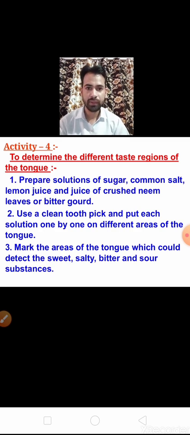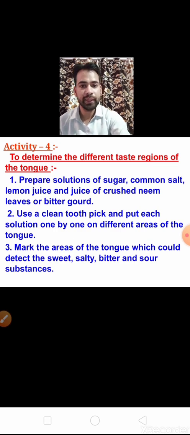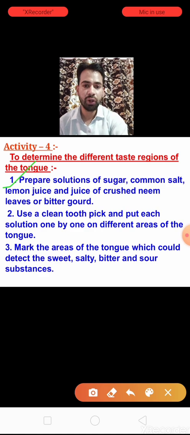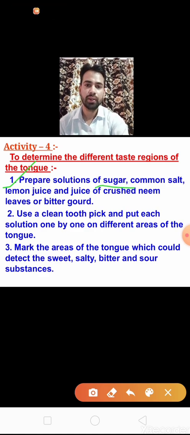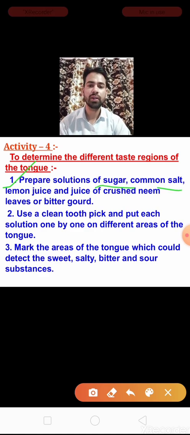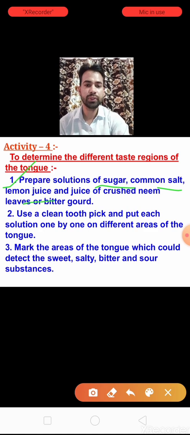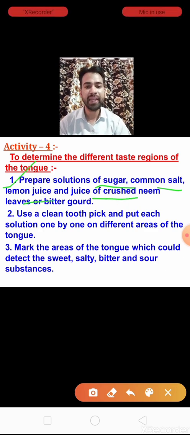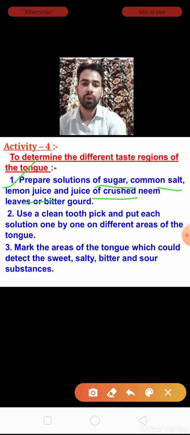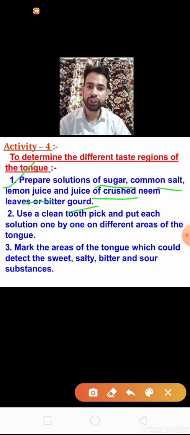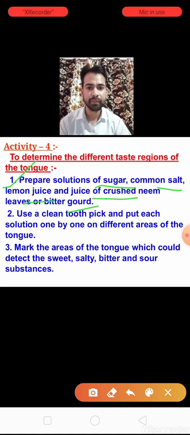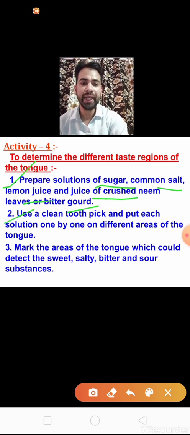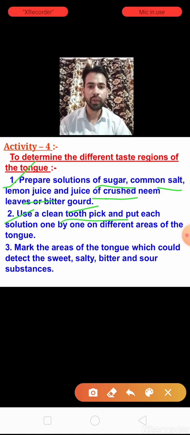Procedure: first of all, prepare solutions of sugar, common salt, lemon juice and a juice of neem leaves or bitter gourd. These solutions will be prepared in the first step. Now second, use a clean toothpick.